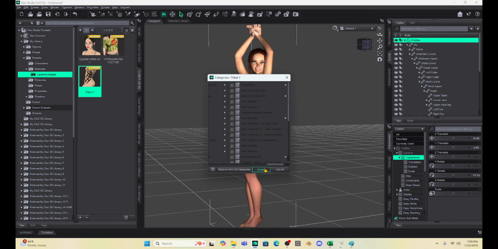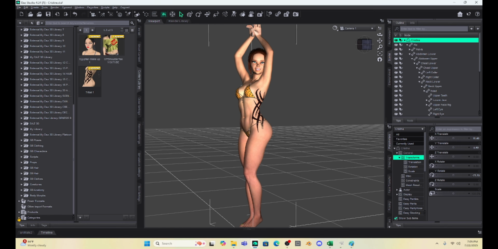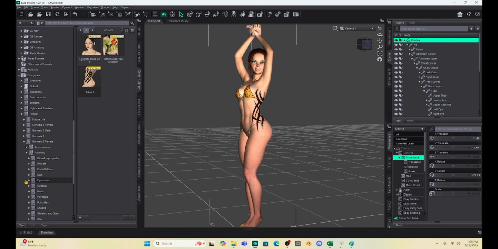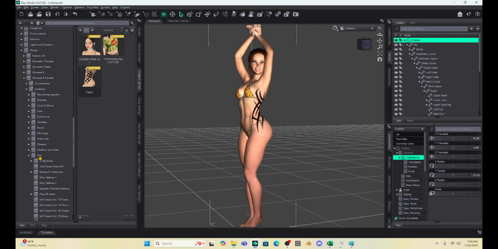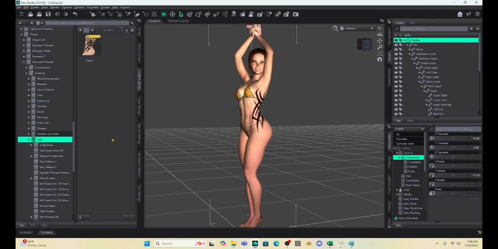And I'm going to accept it there. So now if I go to that folder it should be in there. So if I go to categories, people, Genesis 8 female, anatomy, skin, it's right there. I could make a folder that says tattoos and put it in there if I wanted to,